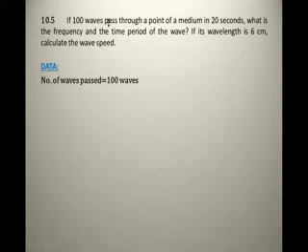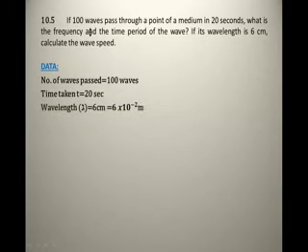Yes, ma'am, the first line: total time. Is this time period or the total time? Now this is the time for total waves, because this is about 100 waves. Remember, if they say that 100 waves are passing through the system in this time, this is total time. And if they say one wave is passing, this is called time period. Time period is the time duration of one wave. Now they are talking about 100 waves, that's why this is total time. So the total time, small t, equals 20 seconds. Then wavelength equals 6 centimeter.